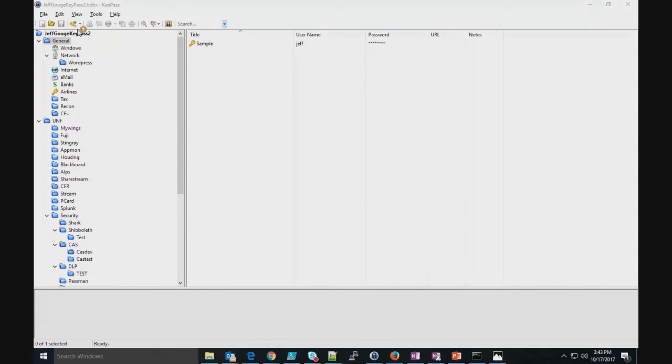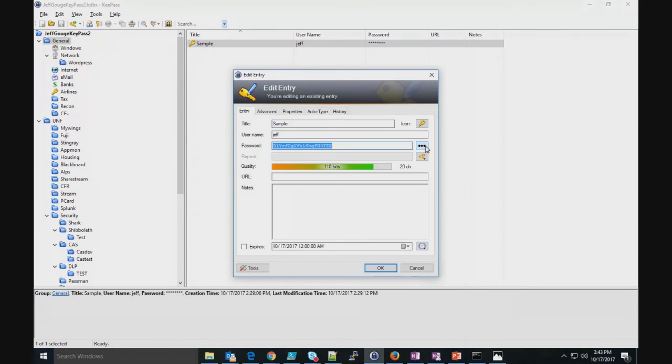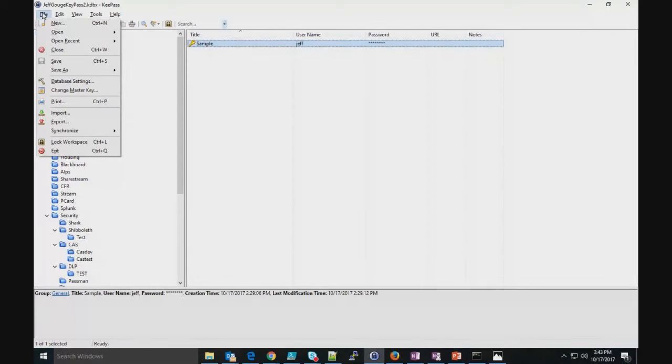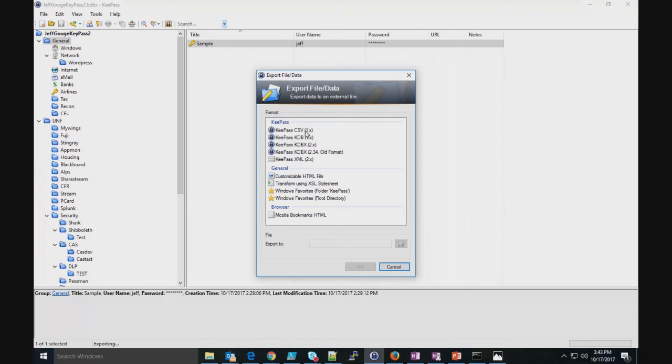All right, I don't know if it's going to catch up, but I'll do it on here and then it'll hopefully catch up. Just pulling a password is not technically exporting that password. It's still stored in the database here. I'm just copying that password out somewhere else on the computer. That's just copying a password. Exporting is when you would take all of the passwords in here, and there's actually an import and an export in this application, for example. That would export it into a CSV file or some other file type that you can maybe read with Excel or another application that could be imported into that other application. So that's the difference between exporting and not.